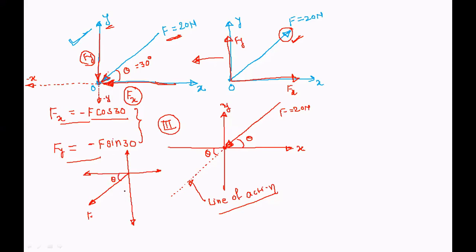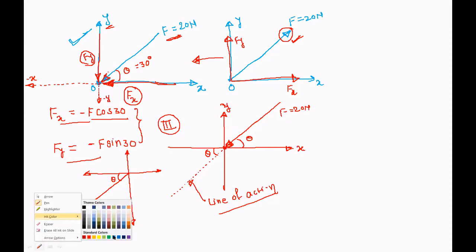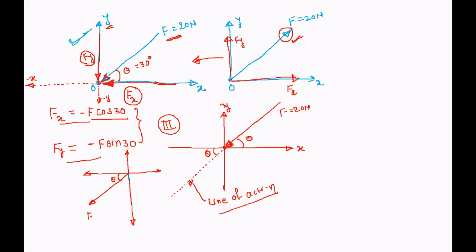So now this is similar to the third quadrant problem, where force F is lying in the third quadrant. So we can resolve this force. So this is your y component, Fy, and this is the x component, that is Fx. Okay, so we can write Fx is equal to minus F cos theta, and Fy is the opposite component, so it will become minus F into sin theta.